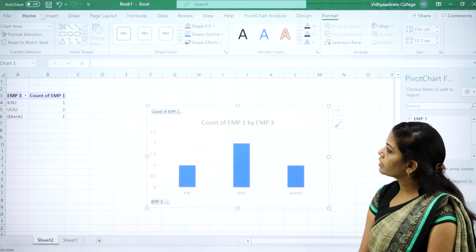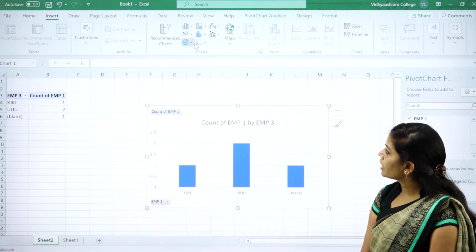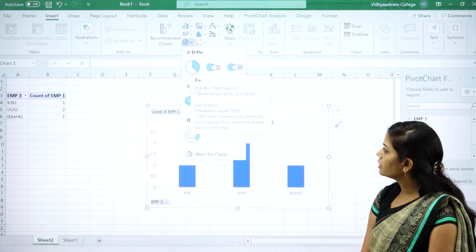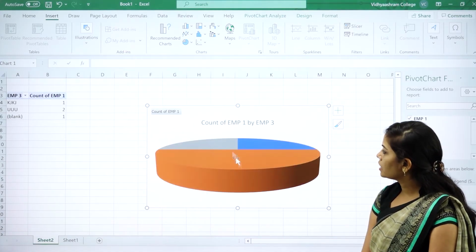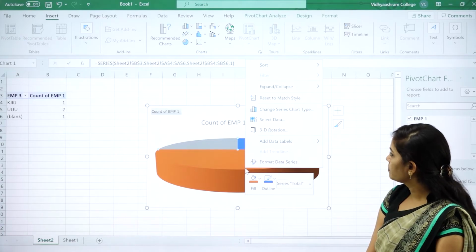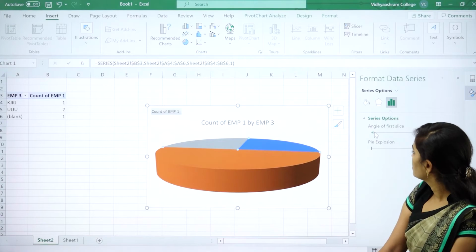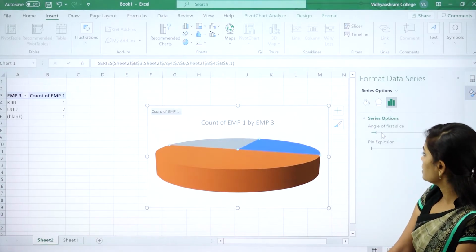If you want, you can select many types of charts that are here. Pie chart, if you want to select this pie chart, you can go for this pie chart. This is your 3D pie chart, and if you want, you can change the series.